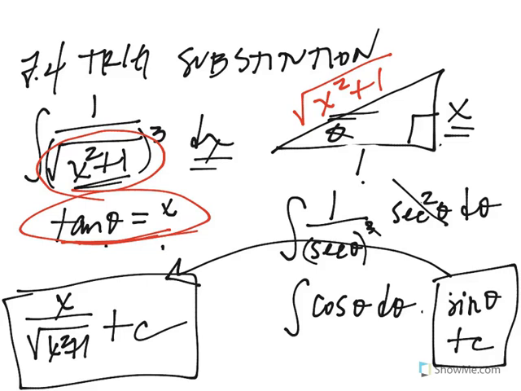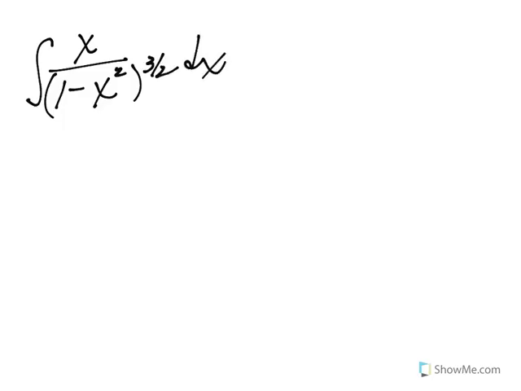Let's do this one. Integral of x over 1 minus x squared, all to the 3 halves, dx. Terrible example because I can use U substitution. And by the way, U substitution problems will be included in the book, but since we're studying trig substitution, let's